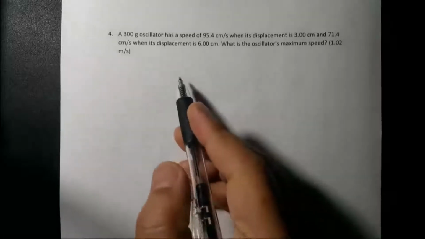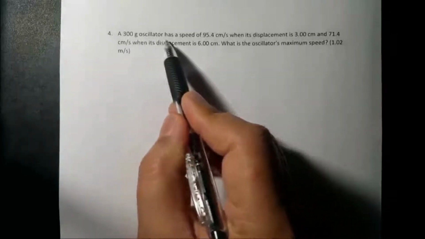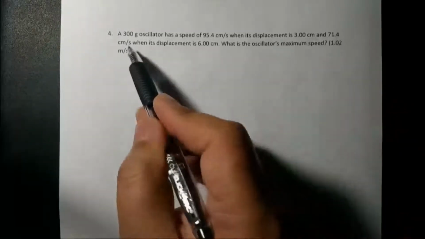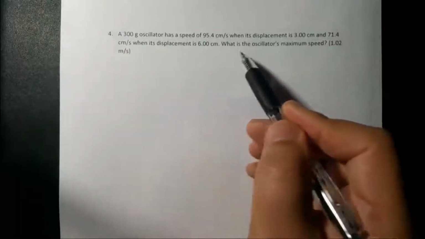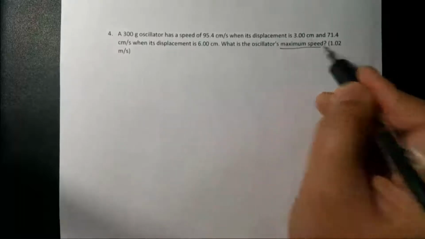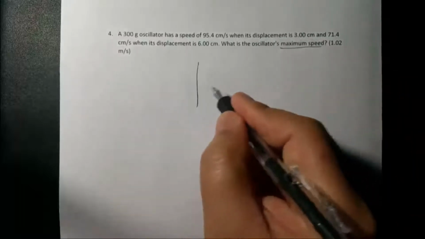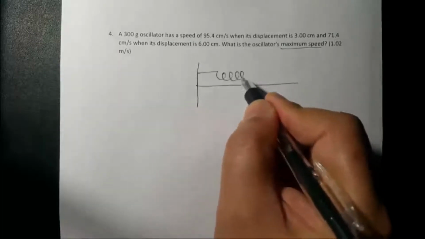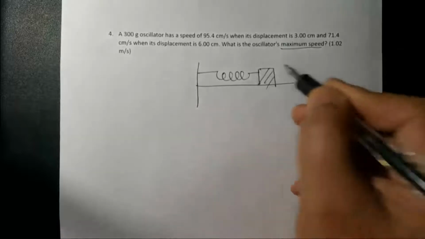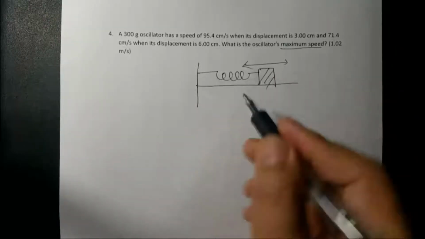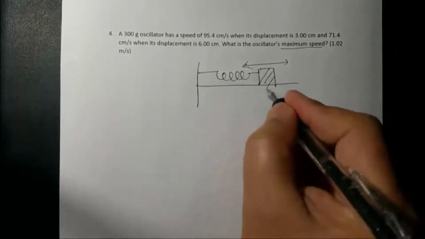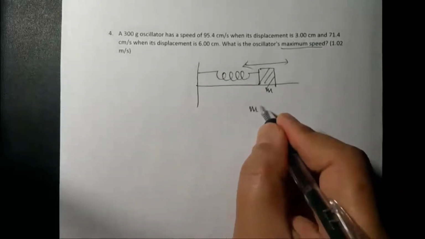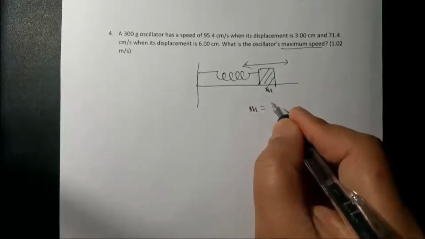So here's the next problem. It says a 300-gram oscillator has a speed of this when its displacement is this, and this speed when its displacement is this. What is the oscillator's maximum speed? I forgot to mention, this problem is also for a mass and spring oscillator, oscillating horizontally like this. It gave you the mass of this oscillator is 300 gram,